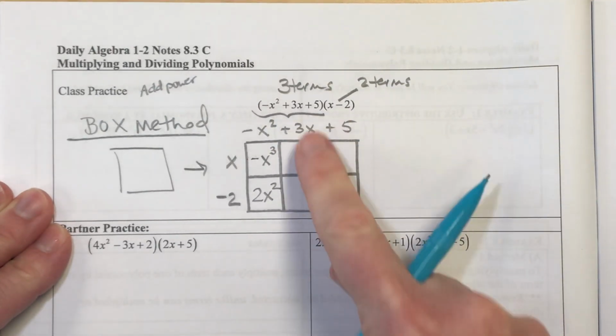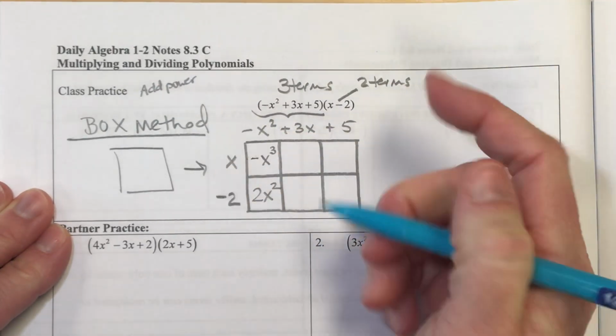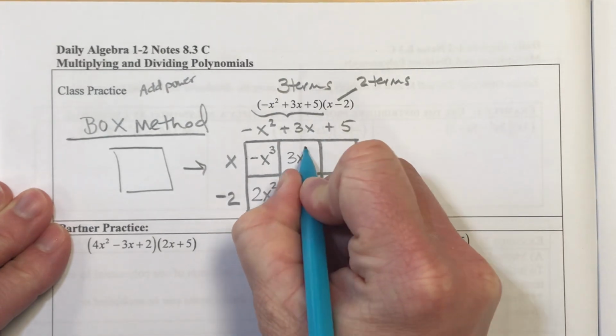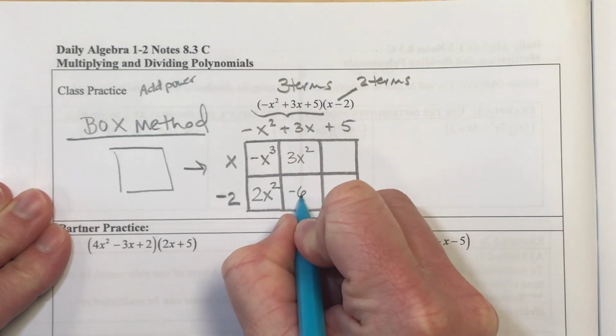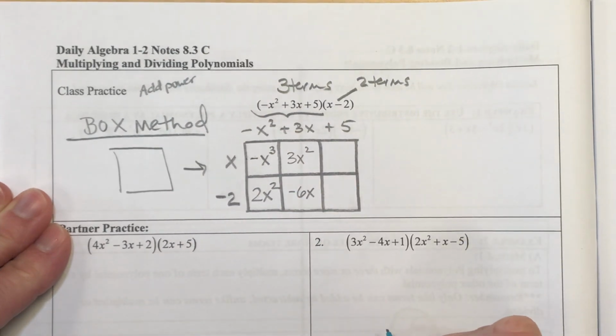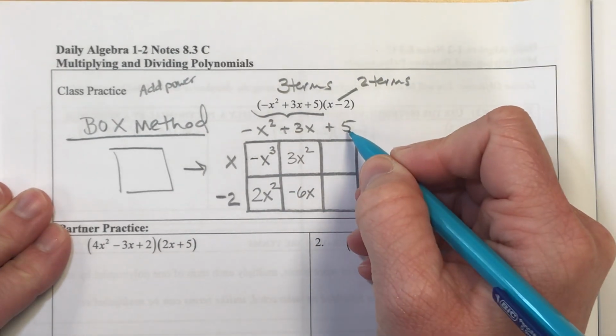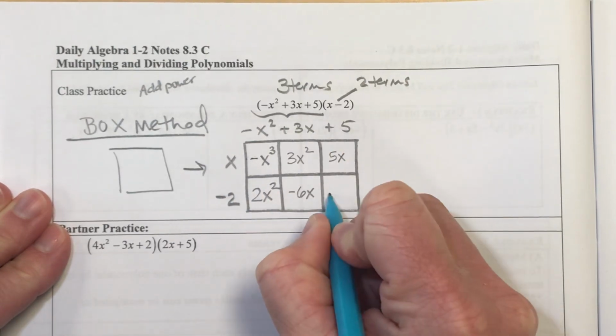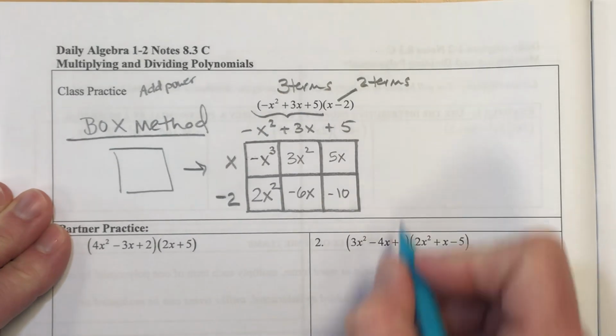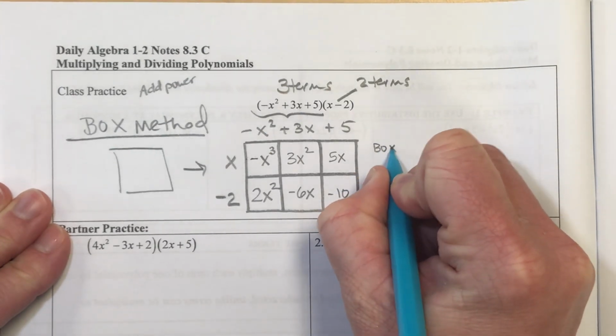Now for my second column, 3x times another x is 3x to the power of 2, and then 3x times negative 2 is going to get negative 6x when we multiply. Now for my last column, the 5, I'm going to multiply by x, so 5x, and 5 times negative 2 is negative 10. Now that my box is done,